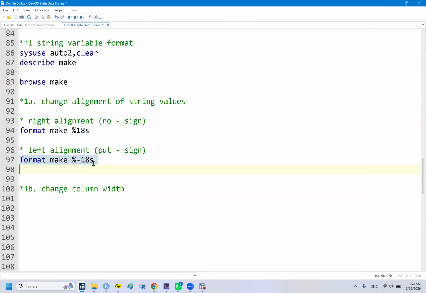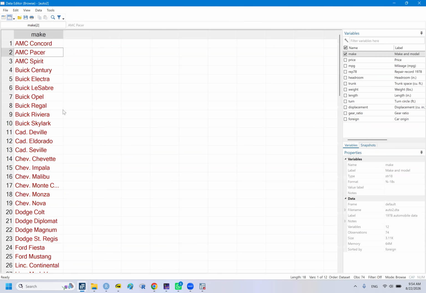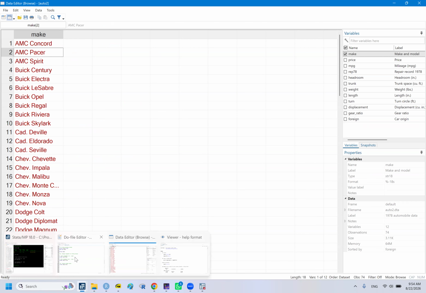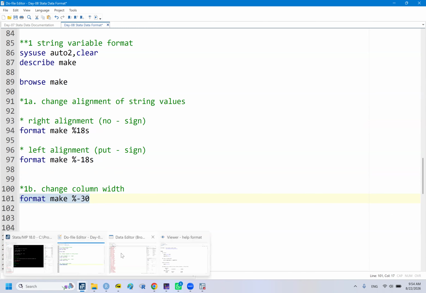Simply, we need to manipulate this. If I put here 30, pay attention to this width now. If I put 30, the width will be extended to your right, which means now,